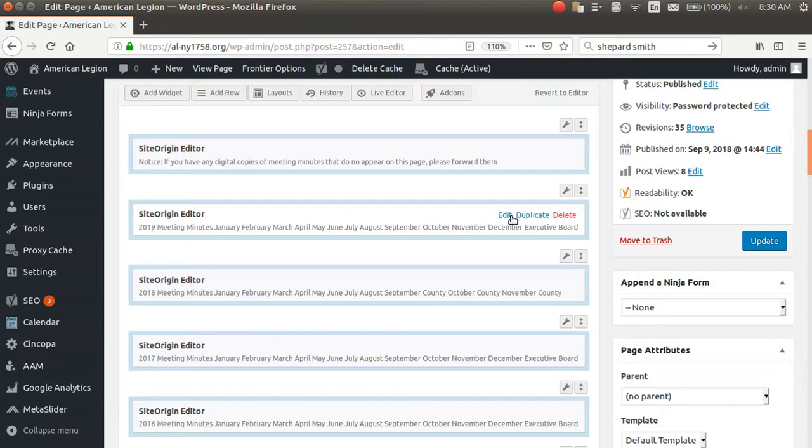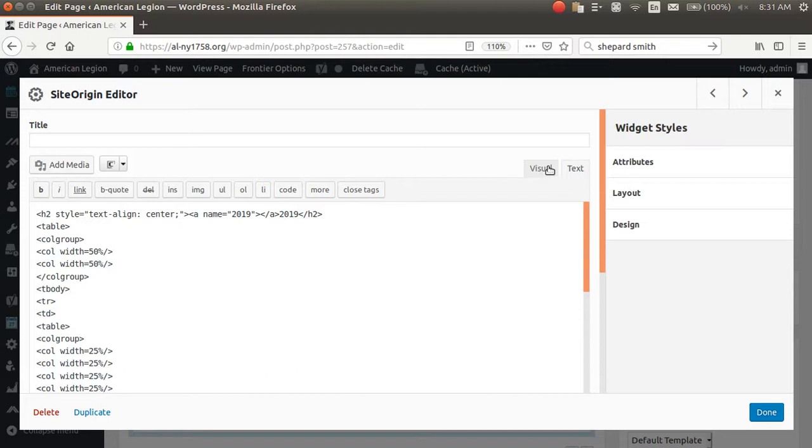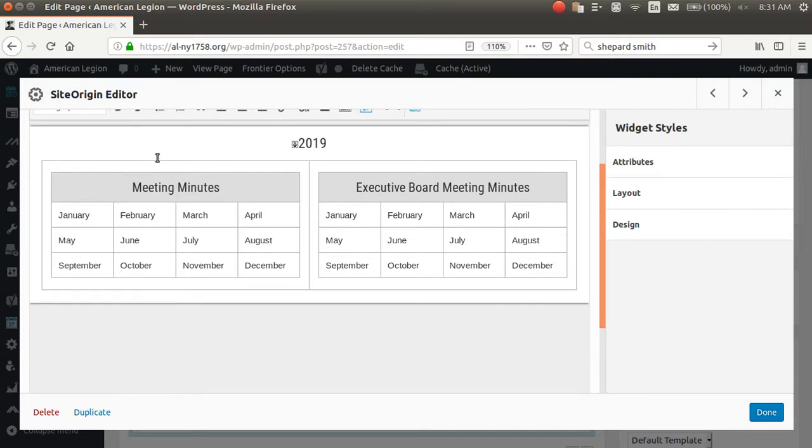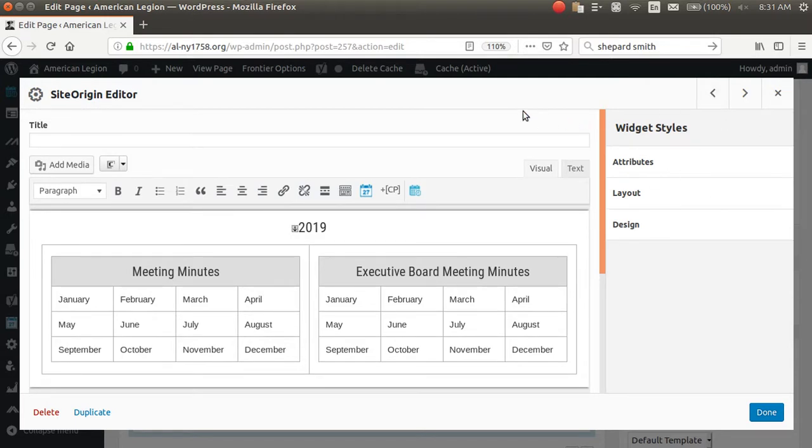So we're going to go over here. You see when you're in the box this stuff comes up. So we're going to edit what's inside that widget. It first comes up in text mode, which is the HTML code, and then you also have a visual mode, which gives you a visual representation of what's inside the widget. This is 2019, and we're going to try to add to January. But I want to show you something about